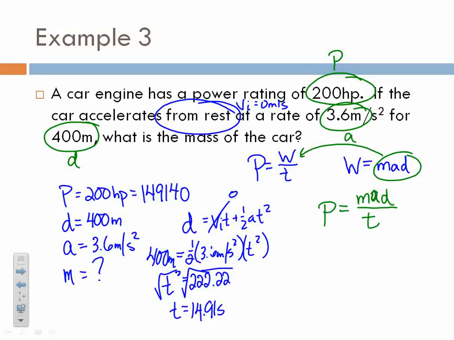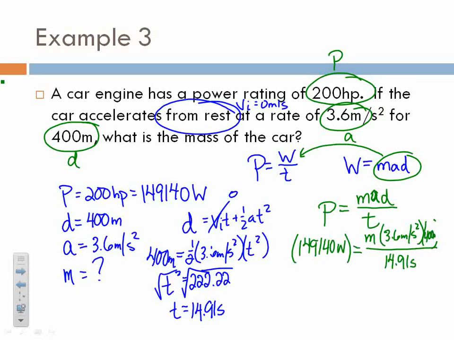All right, so I'll go ahead and substitute everything I know. I know my power is 149,140 watts. I'm looking for my mass. That's my unknown. I know my acceleration, 3.6 meters per second squared. I know my distance, 400 meters. Kind of running off the page there. Sorry, guys. And I know my time of 14.91 seconds. So multiply both sides by 14.91, divide by 400, divide by 3.6, and we get a mass of